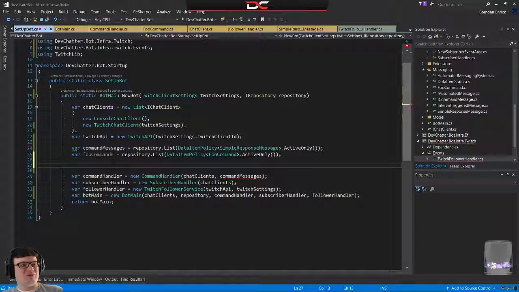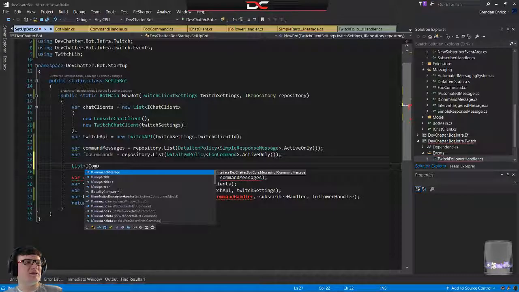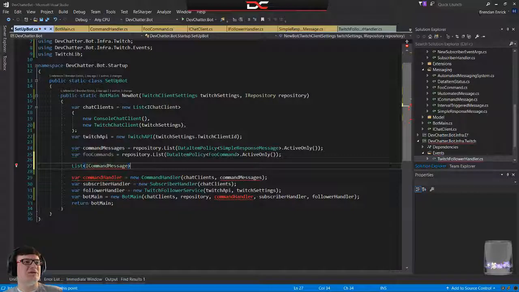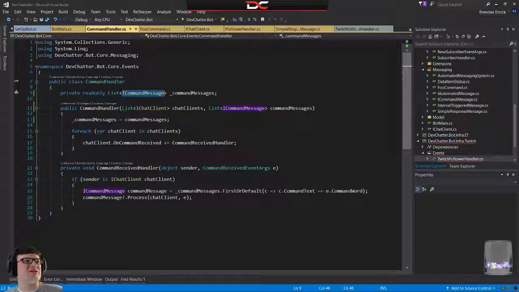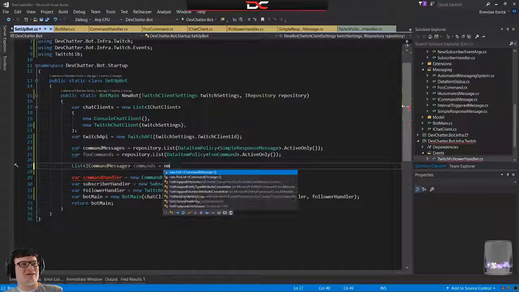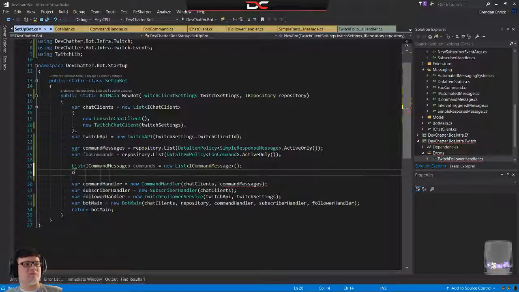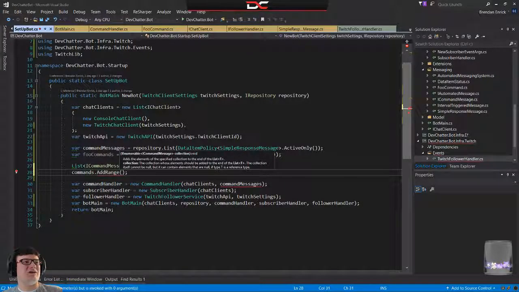And what I'm going to do is set up our list of ICommands. ICommand message. Is that actually what I wanted to do? Is that seriously why it was complaining this whole time? Okay, and we're going to call this commands. And I'm going to make this list. I'm going to add our command messages,